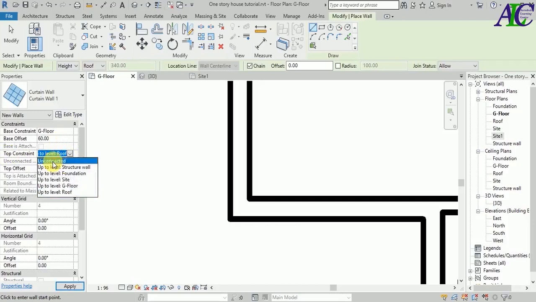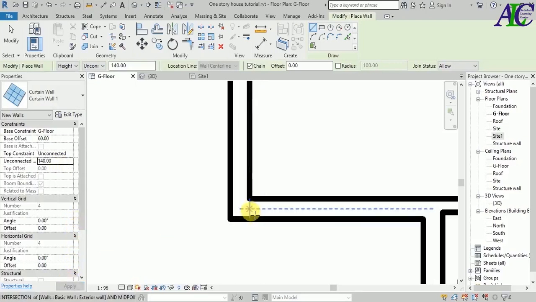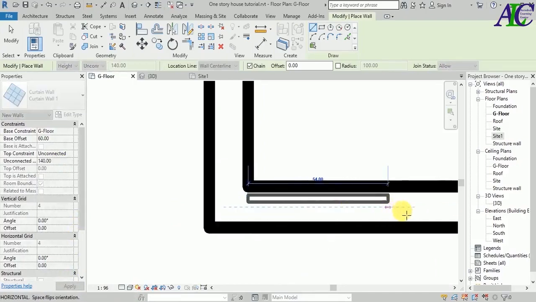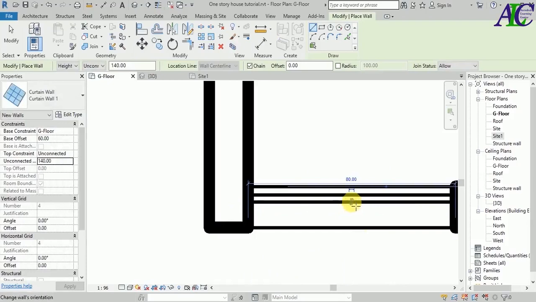I'm going to change to unconnected, and I'm going to give this one 40 centimeter, apply, and now I'm going to create my window. The window starts from here, and this should be a 10 centimeter there,